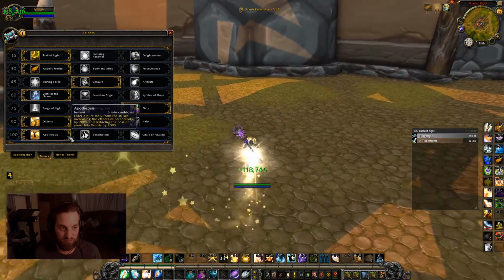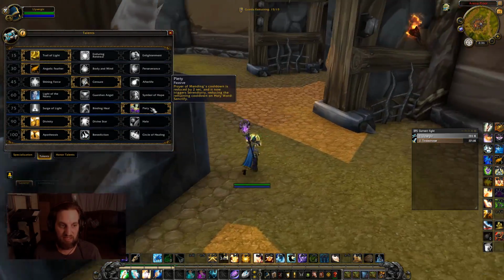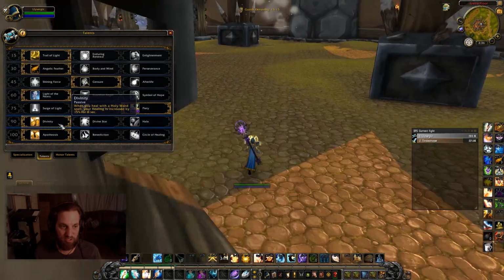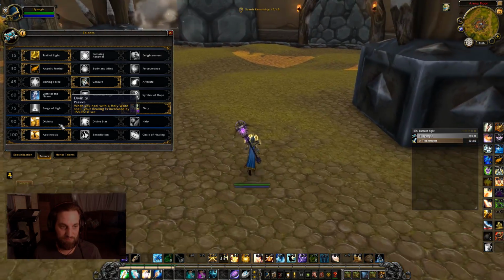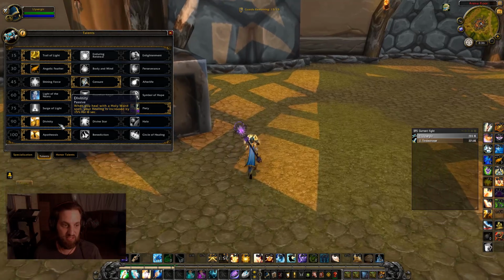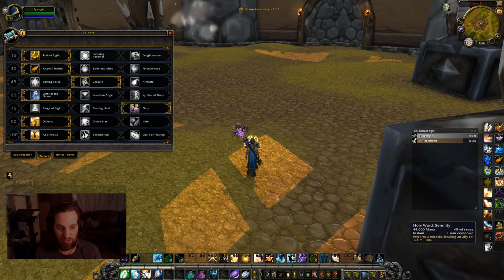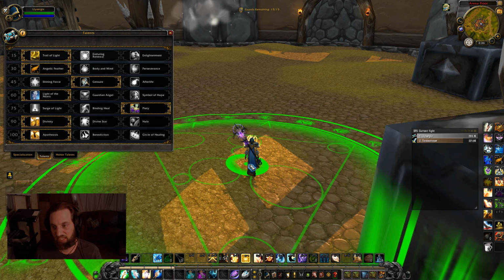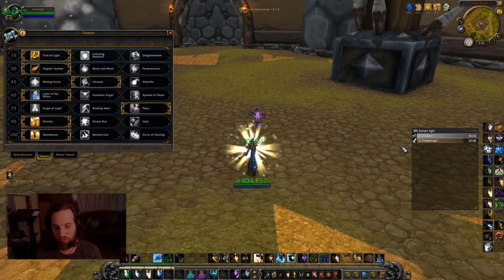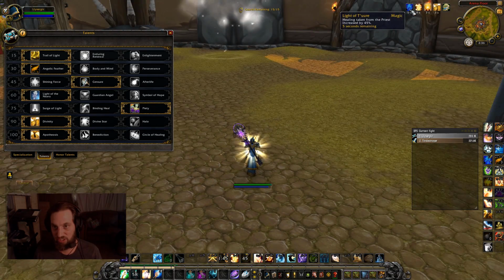So I run Surge of Light with Greater Heal. I run Rapid Mending with Piety. I basically always run Divinity. When you heal with your Holy Word spells, your healing is increased by 15%. To me, that's a no-brainer. I mean, let's say you do Sanctify, Light of the Naaru, and then you get your Serenity. You just increased your